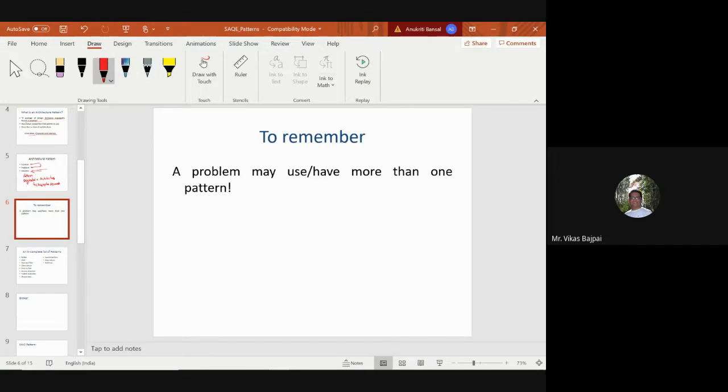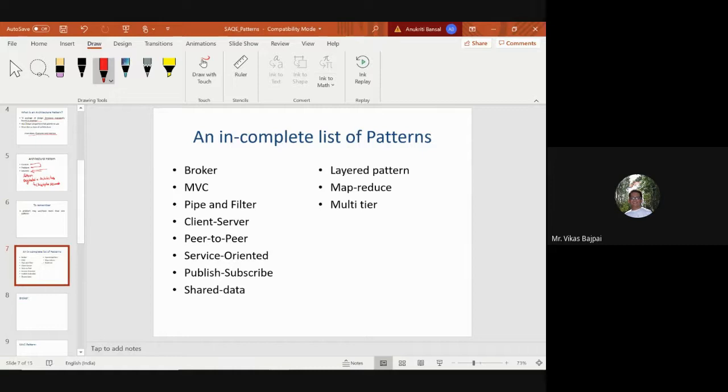So what I've done is I've added a list of patterns, and this list is not complete because patterns are huge in number. So we have a broker pattern, which we'll be covering. We have the MVC pattern.